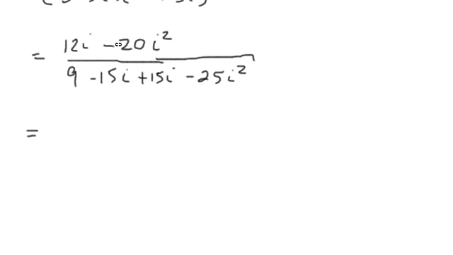Now we can rewrite the numerator as 12i. Now remember, that's a -1, so that's a negative, so that makes that a positive. Over, okay, those terms cancel out. We end up with a 9